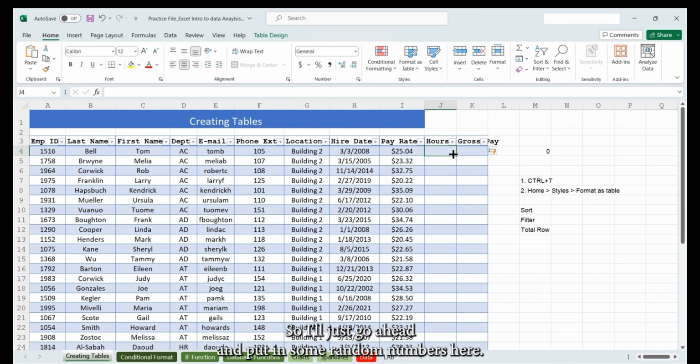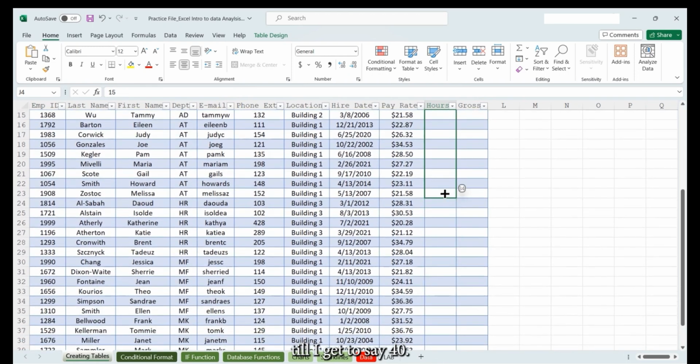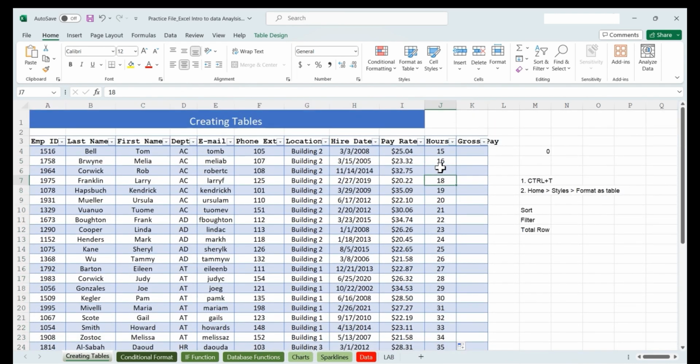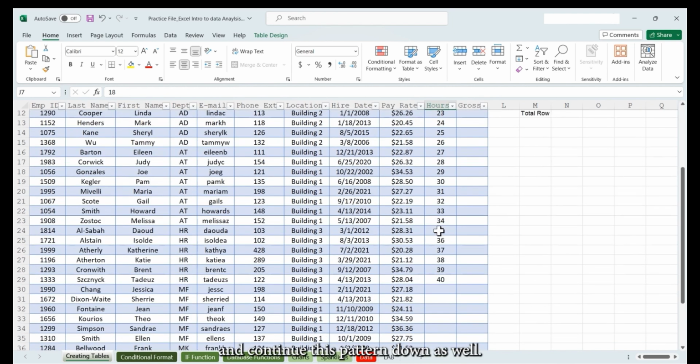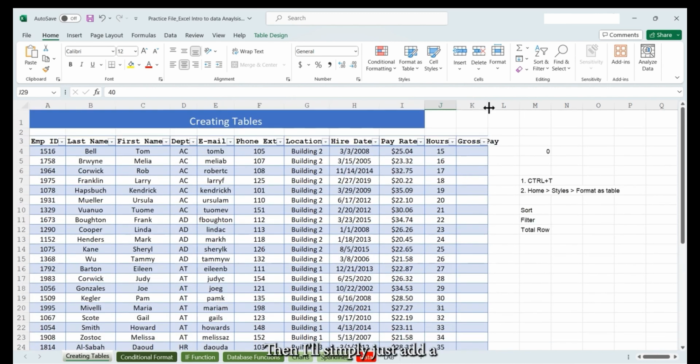So I'll just go ahead and put in some random numbers here. I'll start with 20. I'll start with 15, 16. I'll continue this pattern down until I get to, say, 40. Right. And let's see. Then I'll just come back here and continue this pattern down as well. Why not? Then I'll simply just add a